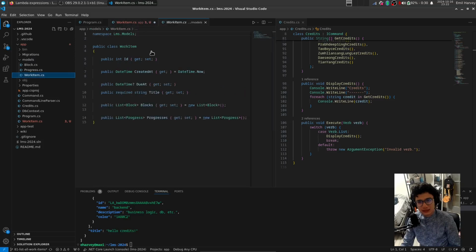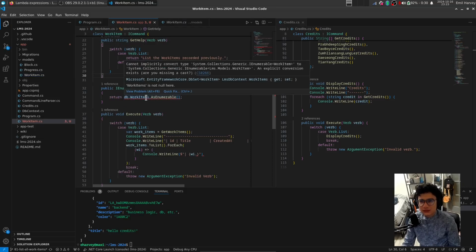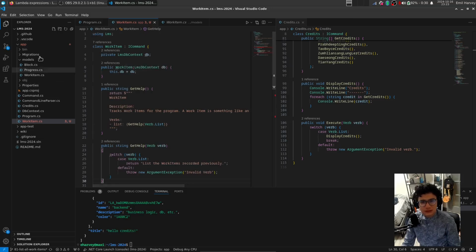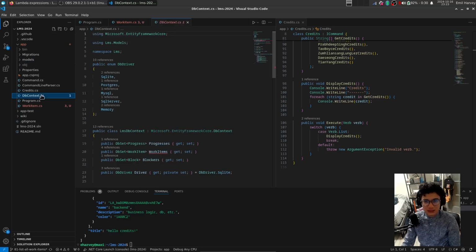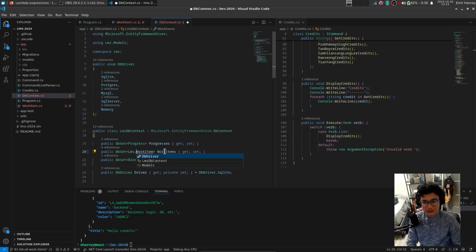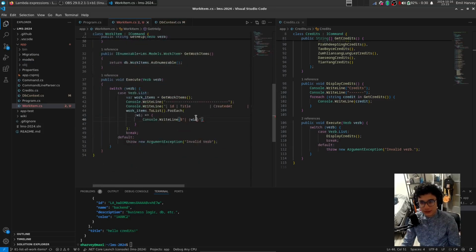So this should be models dot work item. lms.model work item. There might be something wrong with our DB. There we go. lms.models.work item. And that should make everyone happy. Yeah. So if I go back here,